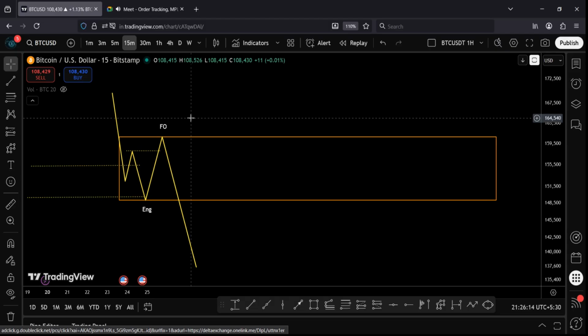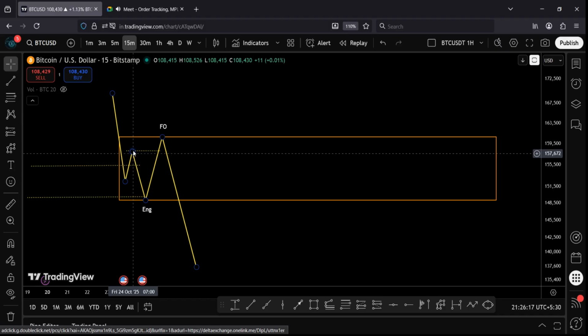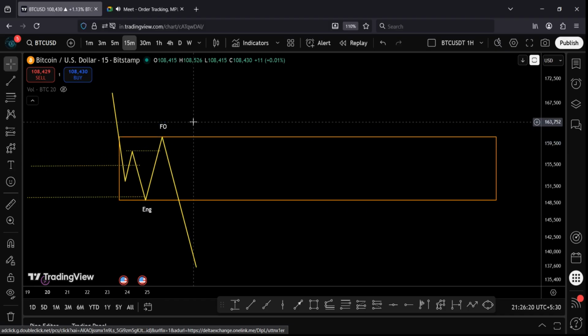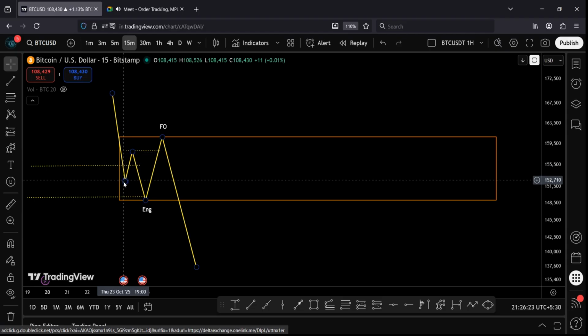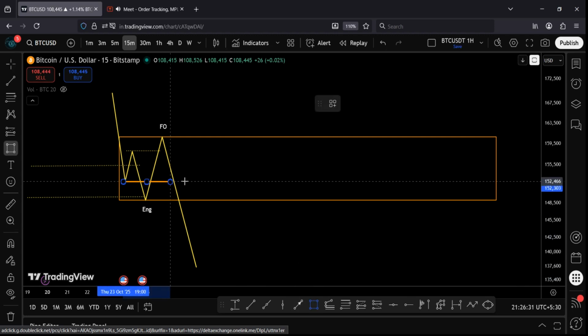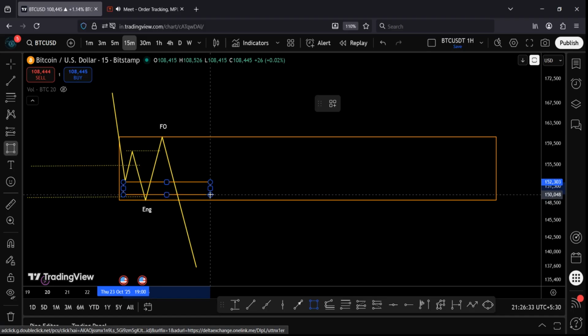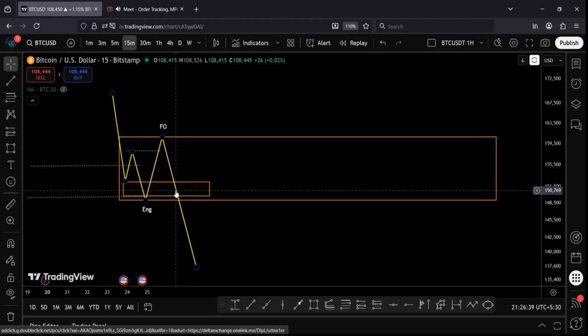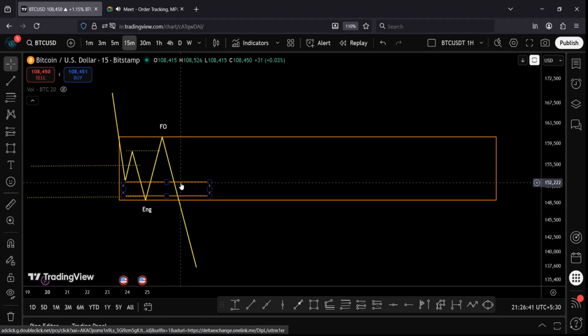If we don't care about the fake out, then what will happen? We may get stuck in the wrong direction. Some may think it like this: makes a low, goes high, makes a lower low, makes a higher high, and some may think here is the QM level, right? Some may think here is some QM level, and they may try to take the entry here and get stuck. But what will price do? Price will fail here and they will either get stopped out or get trapped here. That's why this level works.